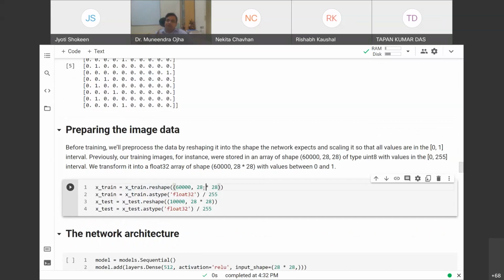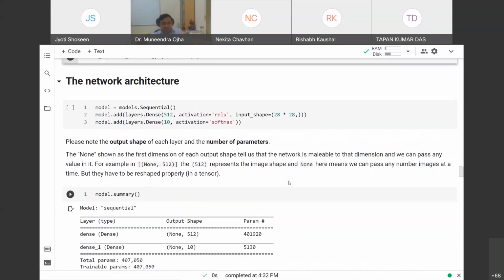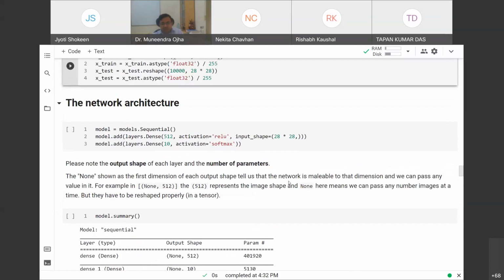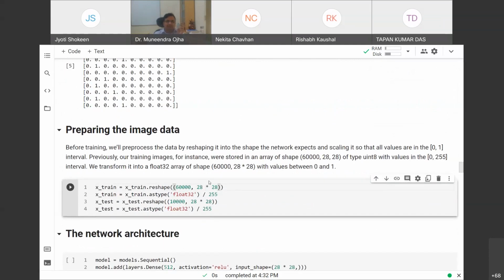How many values are there? 28 into 28, 784 I suppose. I don't remember exactly, but 28 into 28 values will be there. One single vector. It's not a two-dimensional array that I want.